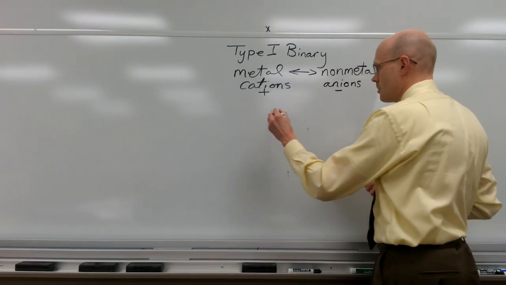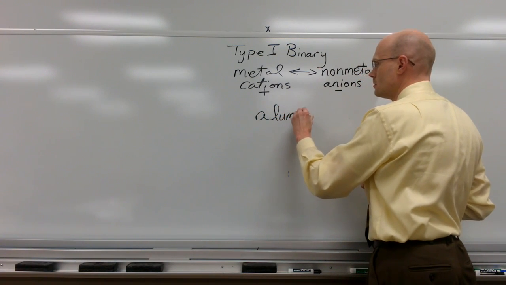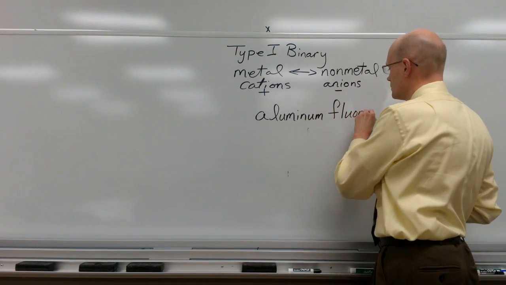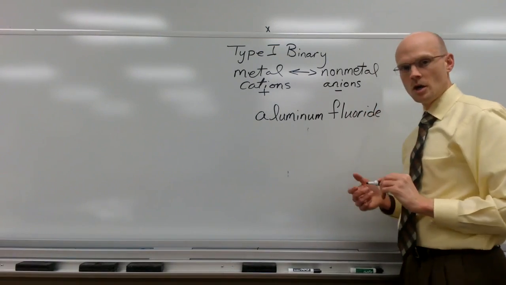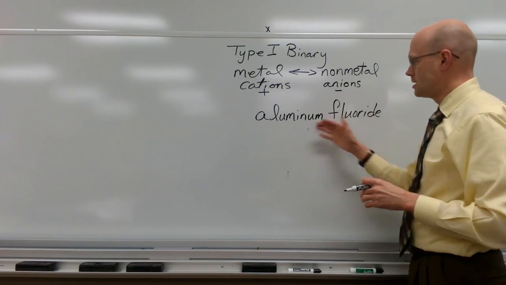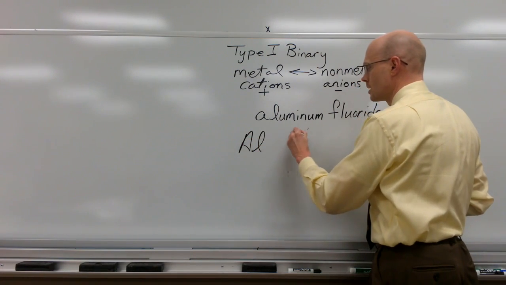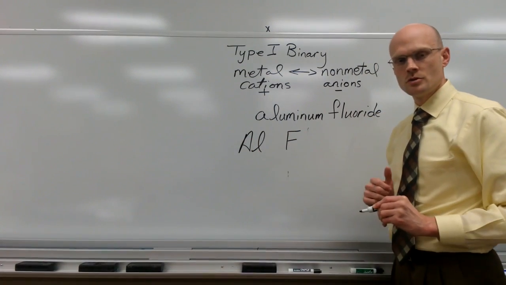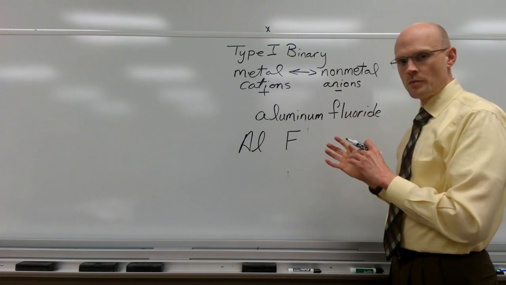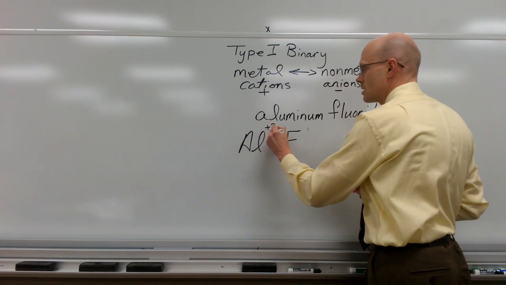Okay? Let's try another one. Let's say we have the compound aluminum fluoride. Okay? Aluminum fluoride. First thing, identify the two elements, aluminum and fluorine. Those are the two elements involved in our compound. Now, let's get their representative ion charge. Aluminum is the metal. It's a cation with a